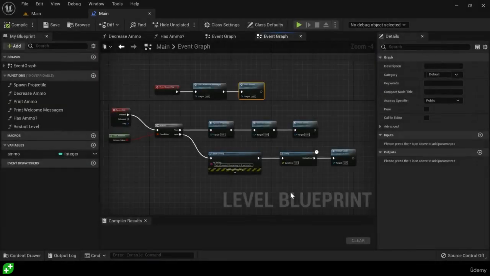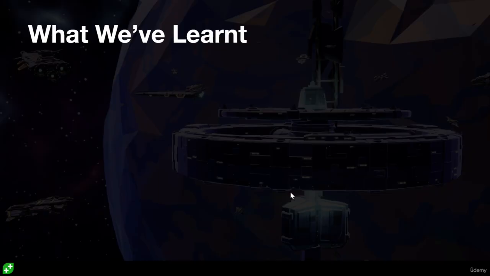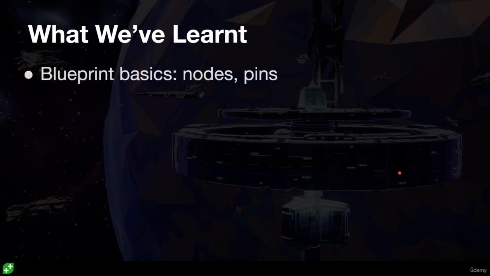So congratulations on making it to the end of the section and having programmed your first game using the Blueprint programming language. Now, what is it that we have covered over the course of this section? It's been a while, so you may have forgotten how much you've learnt. Well, the first thing we've covered is things like Blueprint basics, nodes and pins and all that sort of good